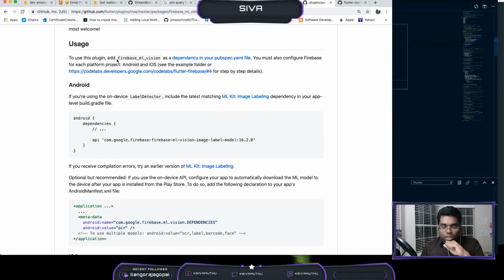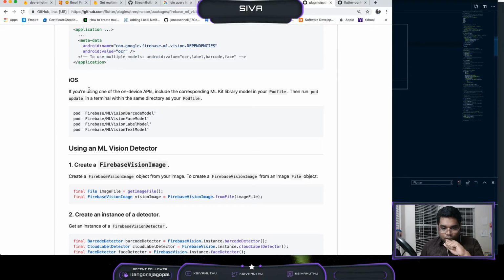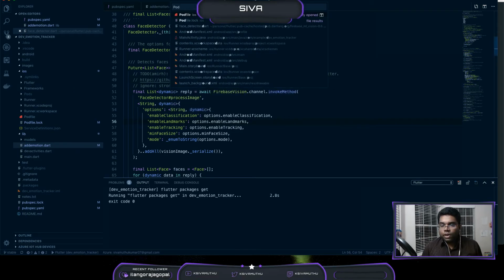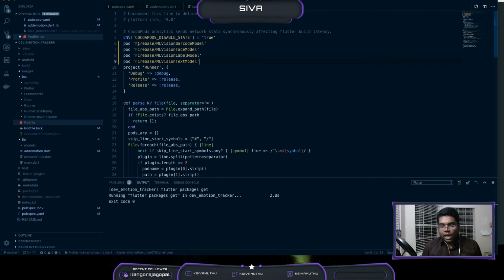Yeah, the usage here is we added this one in our pubspec.yaml. Okay, so this is what we are using. So it says we need to add this in the pod file. Previously we didn't have this one, so let's add that in the pod file. Pod file here. I'm going to add that in